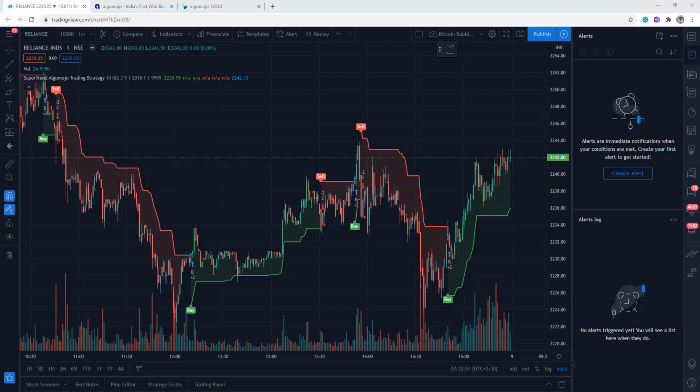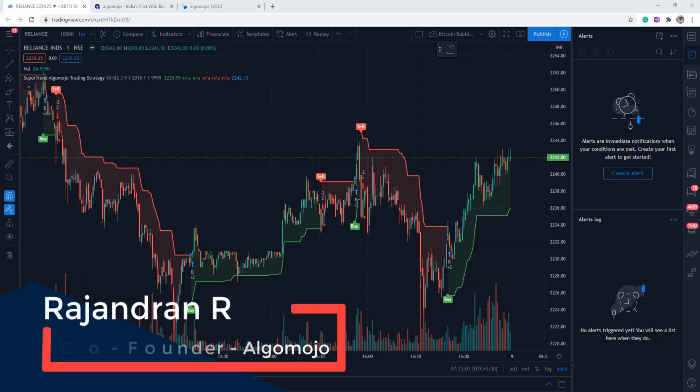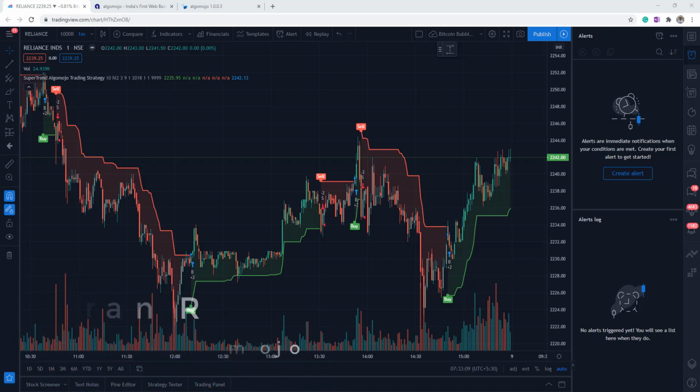So here I'm having a simple buy and sell super trend trading strategy. It is a simple ATR based trailing stop loss with buy and sell signals. And here, whenever the buy is going to happen, I'm going to send orders to Reliance. So here I'm having a Reliance chart here, of course. So what I'm going to create here is that on top of this strategy, I'm going to create an alert.